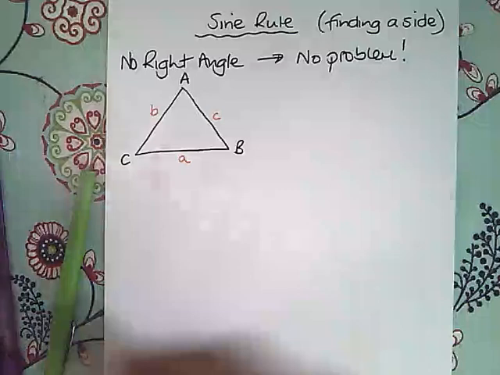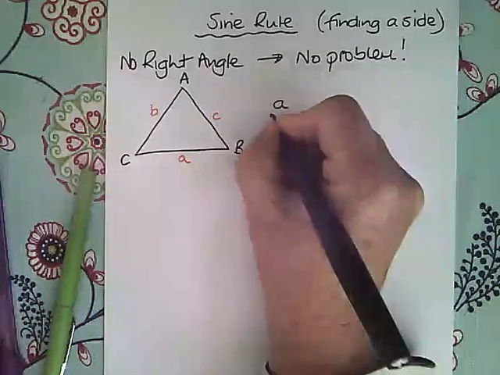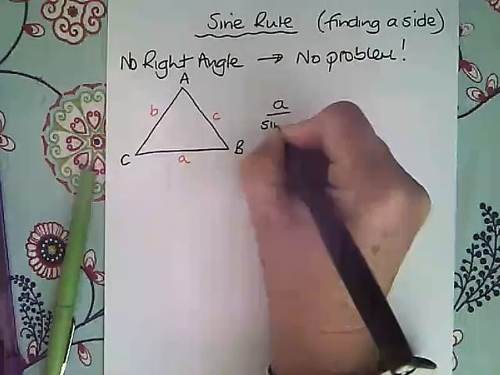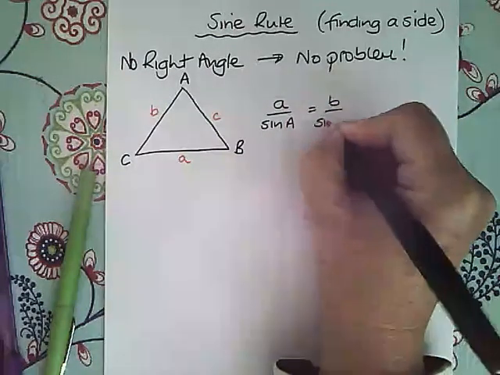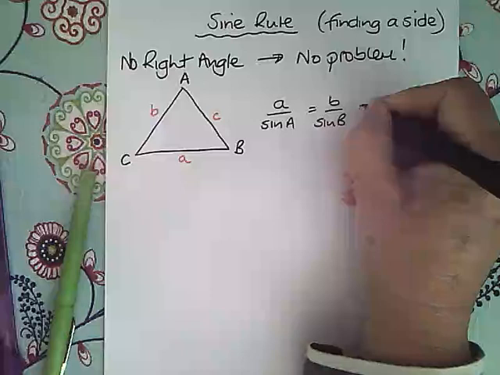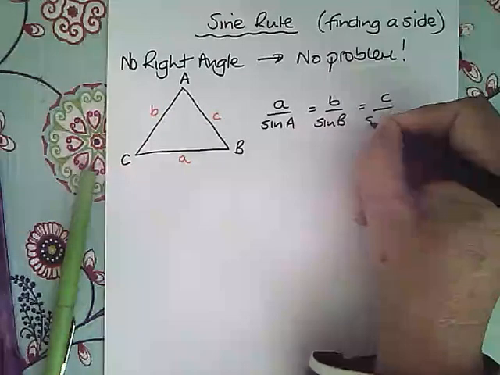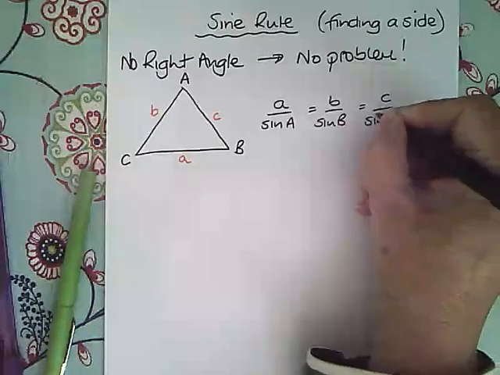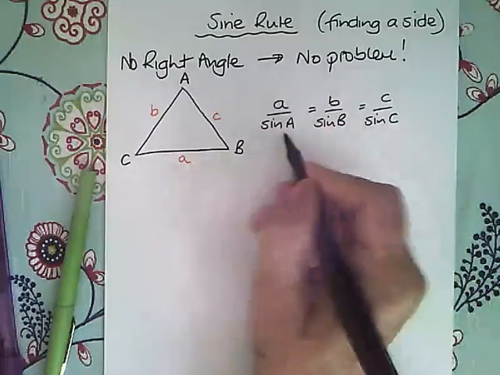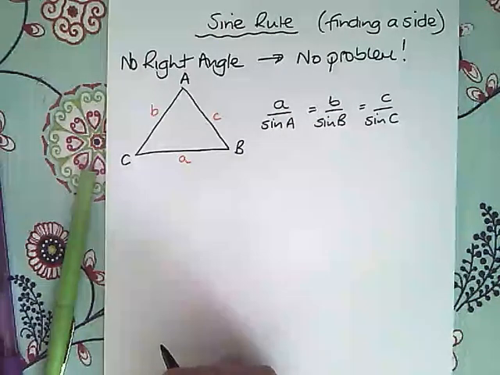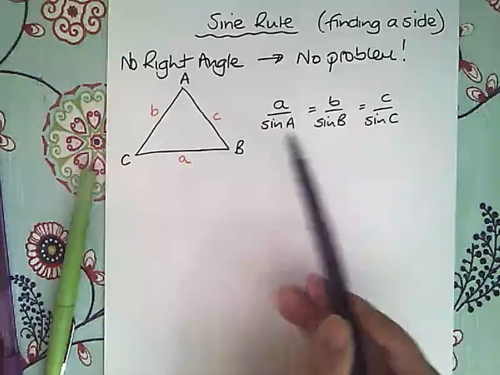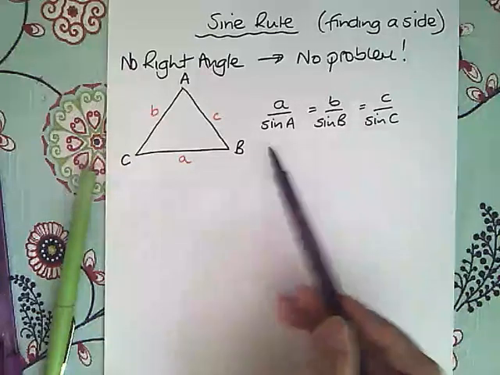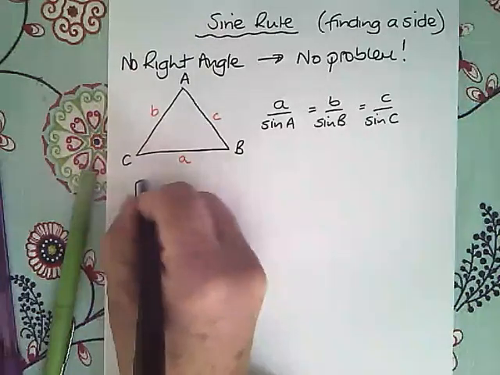So the sine rule looks like this. Little a over sine A is equal to little b over sine big B, and that's equal to little c over sine big C. And the sine button is on your calculator, so that's all going to be something that is stored into your calculator. You always need to write this down, and generally you are only going to use two of these, not all three of them. So let's look at finding the side then